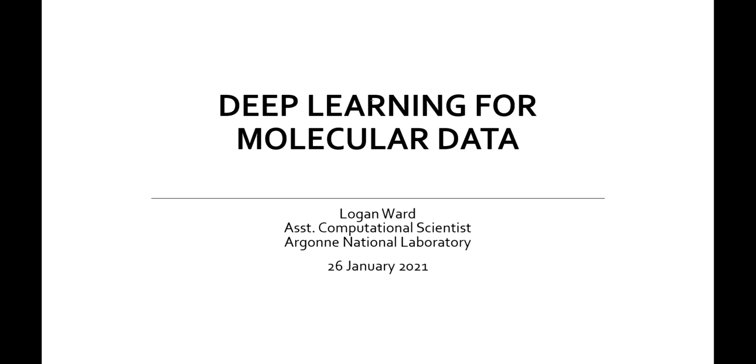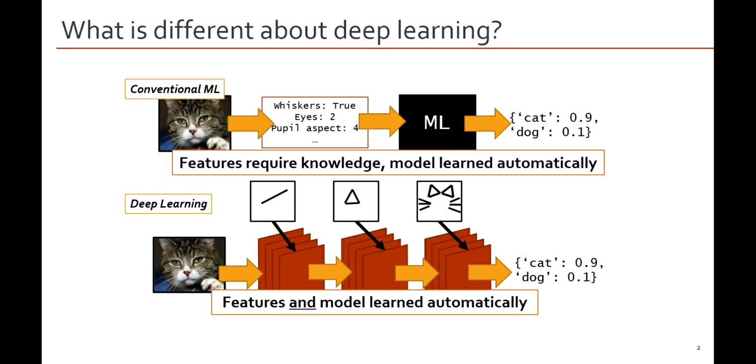Hello everyone. Today's lecture is going to explain a relatively new class of algorithms within machine learning, which are deep neural networks, and explain how they are useful for molecular data. So as I mentioned, deep learning networks are a very new class of machine learning algorithm. So we're going to start off by explaining what they are and what makes them different than conventional machine